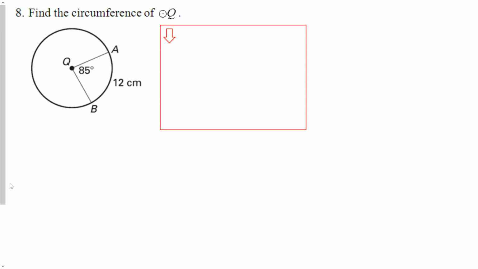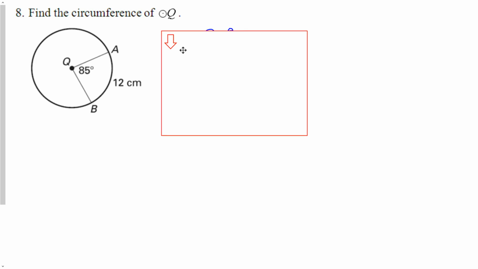All right, another type of question that you might have to answer that is related to arc length is to find the circumference of a circle. So here, if you notice in the diagram, we're given the length. We can tell it's the length because of the label. That's why labels are so important. If this were the measure, it would say 85 degrees. But since it was a centimeter label, regardless of the number, we know that's talking about the length of that